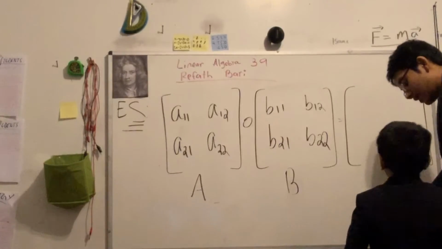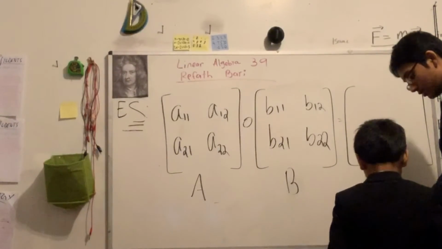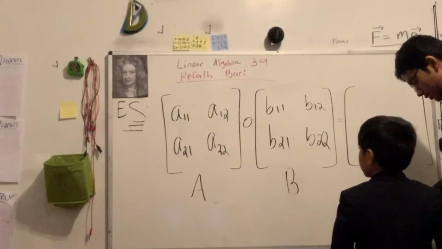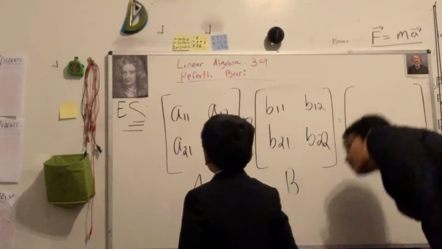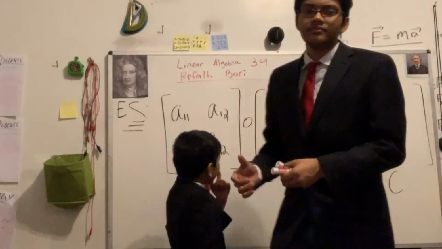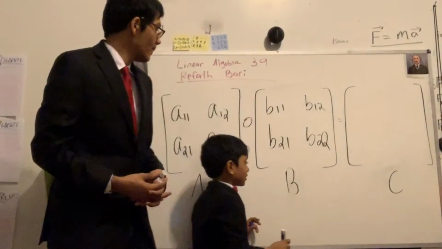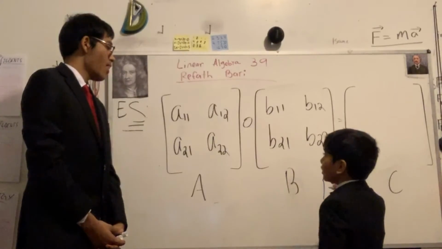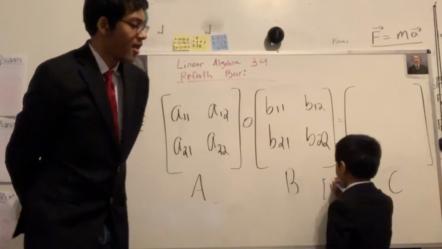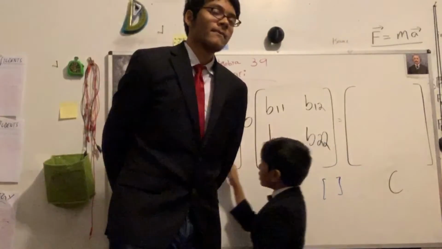Oh, no, do it in the book, please. So this is easy. Now, C11 is equal to the dot product of